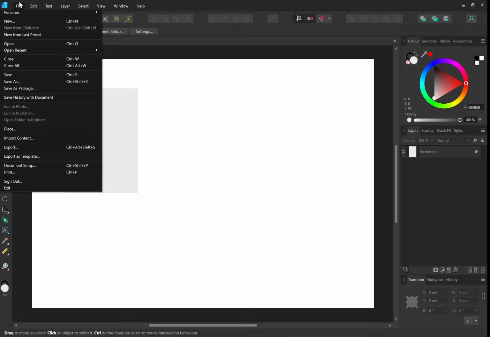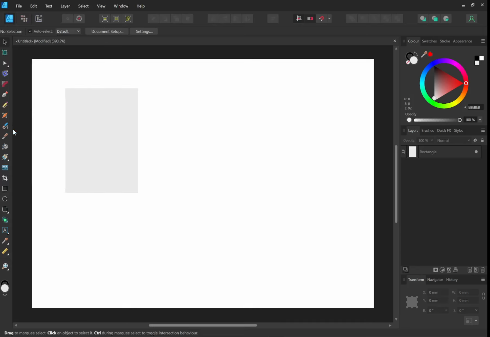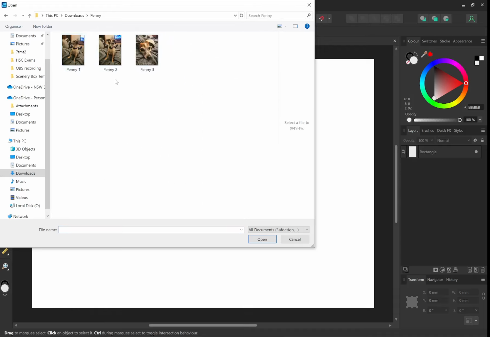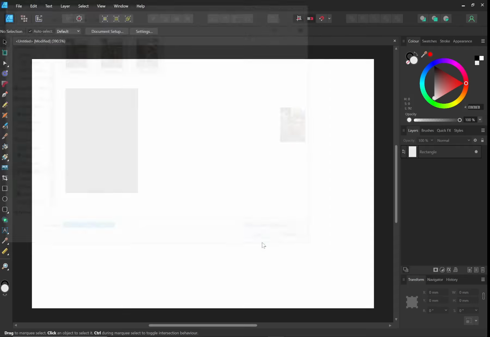How we're going to add pictures in: if you're going to find them online, you need to download the image by saving it as. When we put the image in, we're going to go to File and we're going to press Place. And then you have your images over here. We can actually select multiple images, and if we press Open,